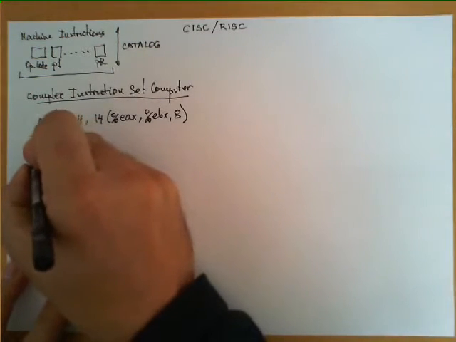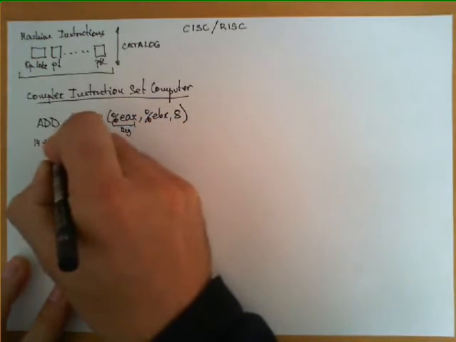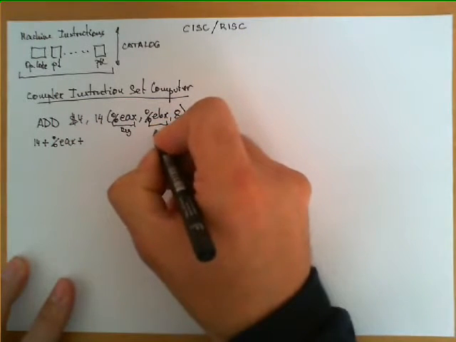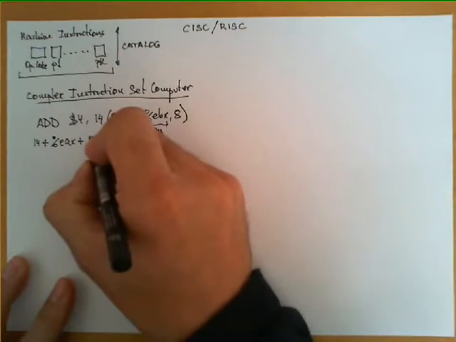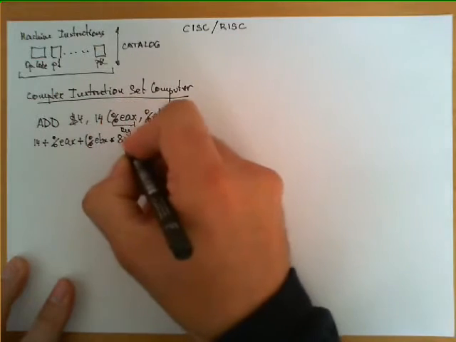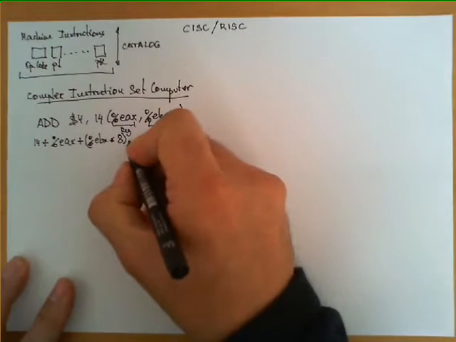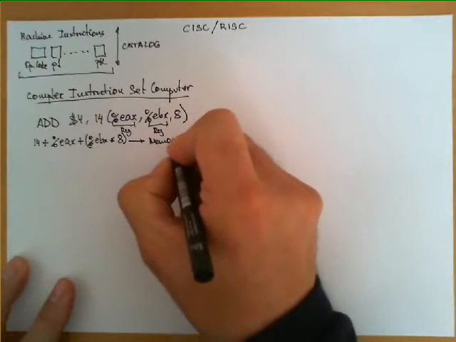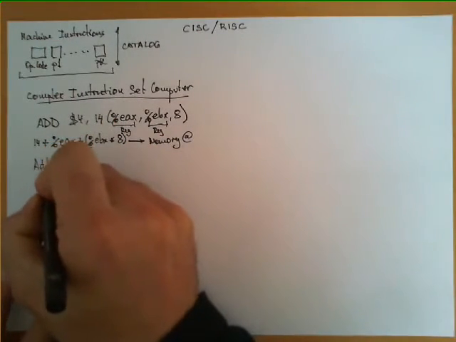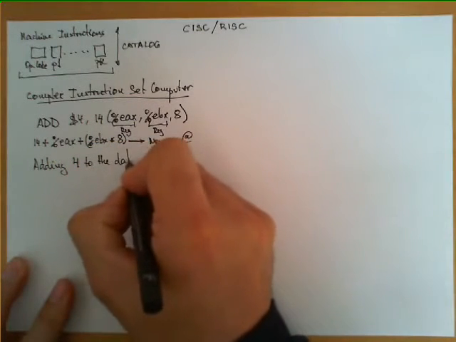It's taking the number 14, it adds 14 plus, this is a register. The content of this register is added to the 14, EAX, plus EBX is another register, and its value is multiplied by this number 8 we see at the end, and the result is added to EAX and 14. The result of this operation is a memory address, and the overall instruction is adding the number 4 to the data stored